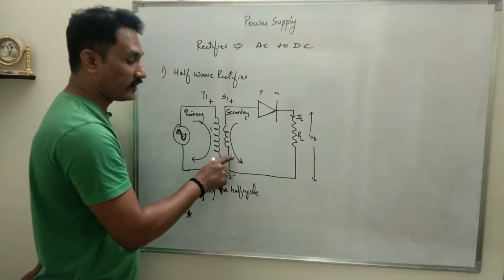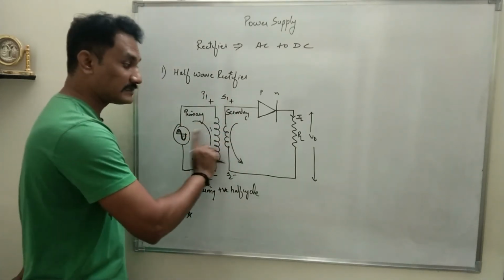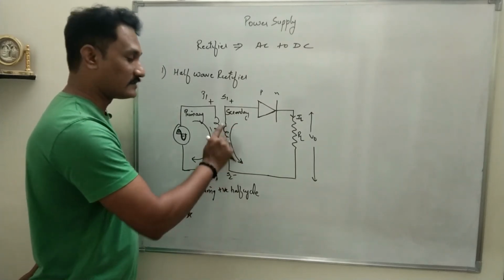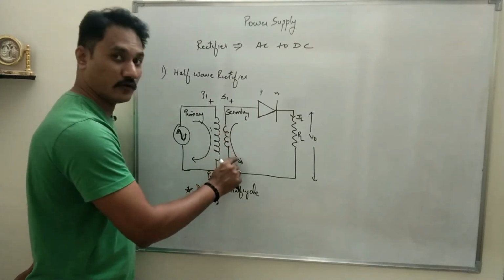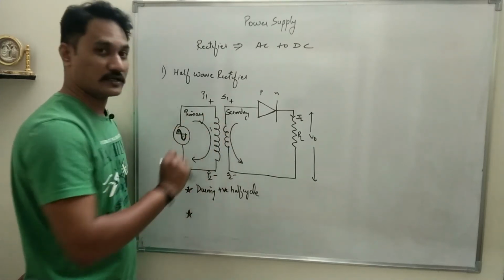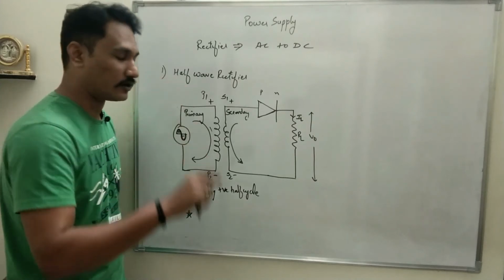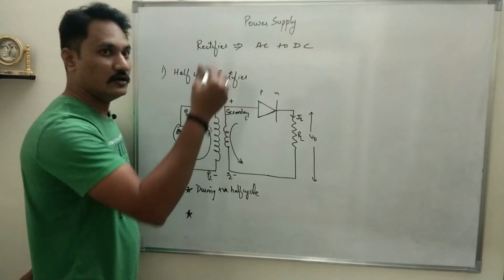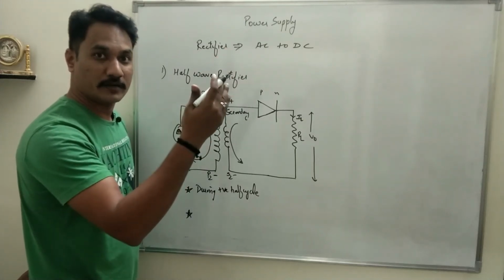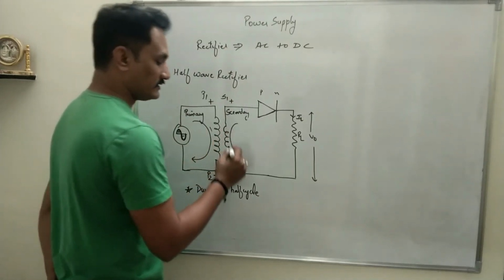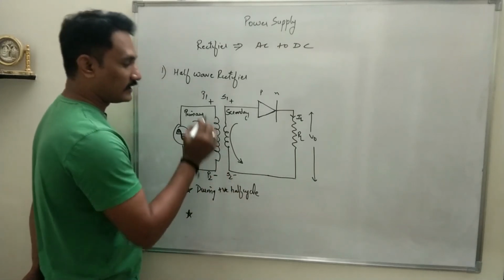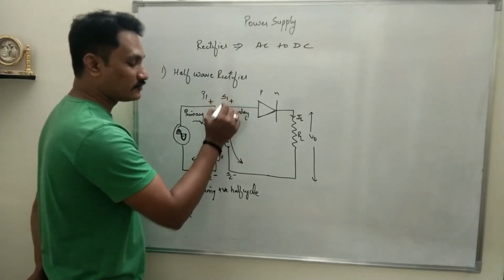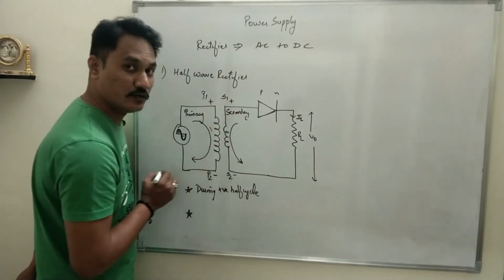Of course, the direction of current remains the same, but the amount of current depends upon the number of turns. As the number of turns is less, less current will flow, and if there is less current, the potential drop across the secondary will be less, right? So depending upon how much voltage we require at the output, we choose NP upon NS, the number of turns in the primary upon the number of turns in the secondary. So during the positive half cycle, P1 is more positive as compared to P2. Therefore S1 is more positive as compared to S2.